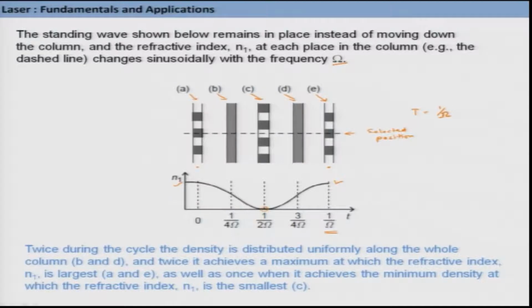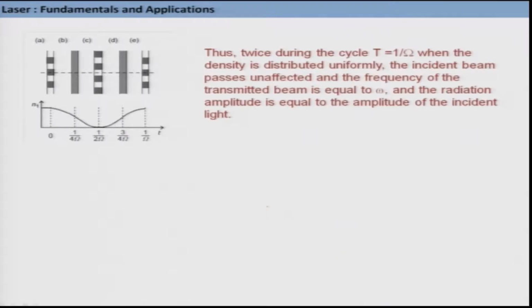So, remember just a few minutes back we said that the requirement to get this mode locking is the creation of a periodic variation of the refractive index of the medium, so that I can modulate the light wave. All right. So, I have put this picture once again, so that we can see when we discuss. So, now we can see from this picture that twice during the cycle capital T, which I already mentioned, when